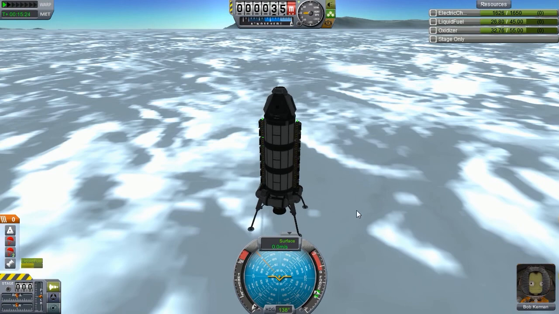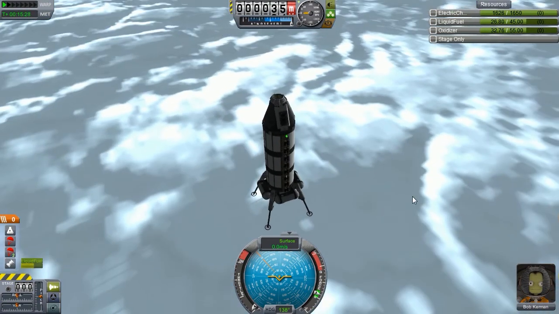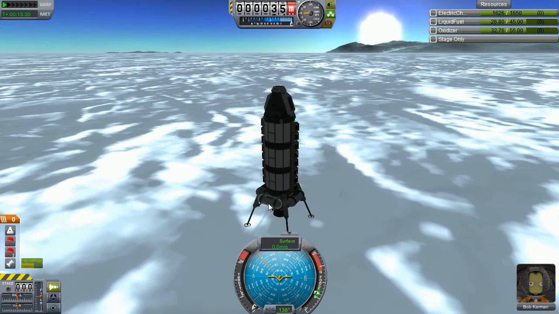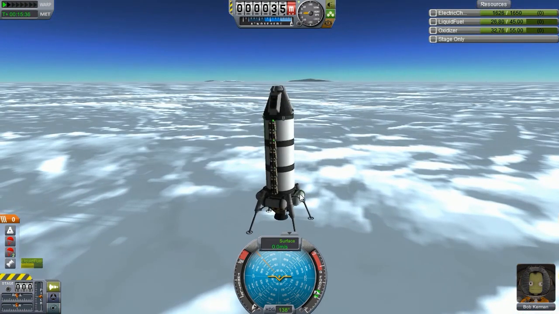Should be able to, but then we lose all the... We've got a transmitter. It's okay. We can transmit all the science. Thinking of science, let's do some. 3. Yeah, 3's better than nothing, so that's going to be